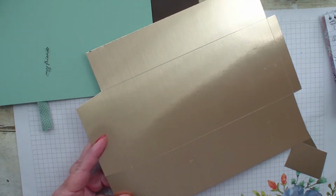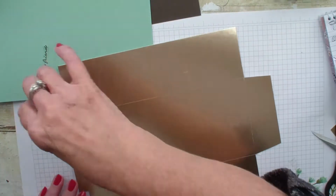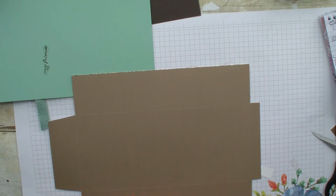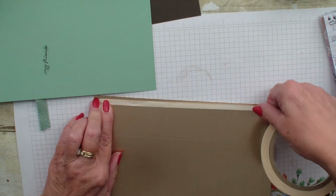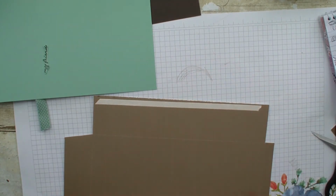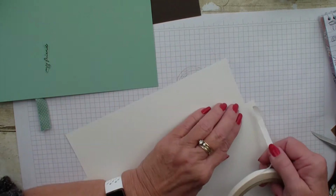I could go in with my corner rounders and round my corners if I want my envelope to be a little more elegant. What next I'm going to do is bring in the tear and tape. I'm going to add tear and tape. I want the tear and tape on the smallest side. It really doesn't matter which side you put the tear and tape on. It'll just fold your envelope a different way. But again, it just makes for a nice coordinating envelope when you use your designer series paper or metallic paper. We're going to then add on the inside here